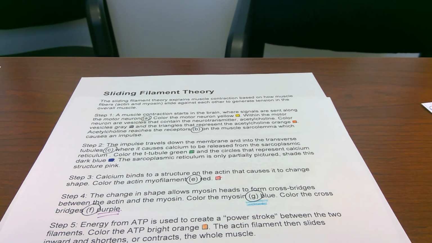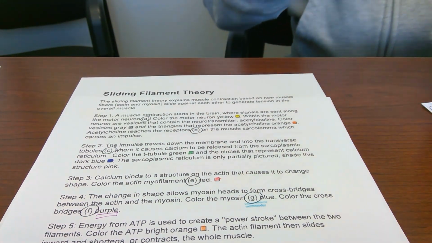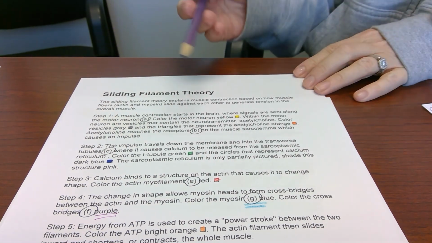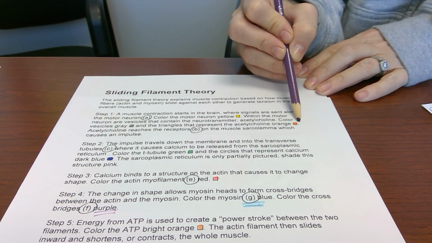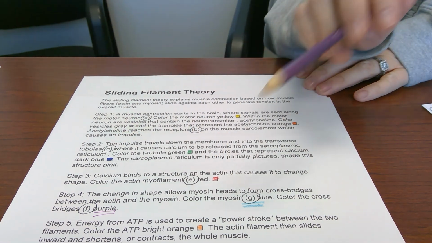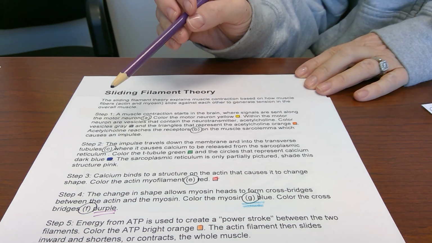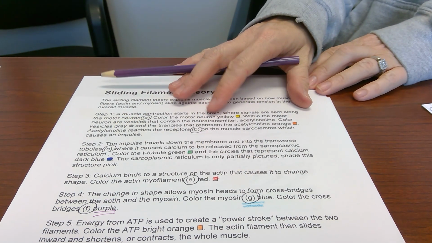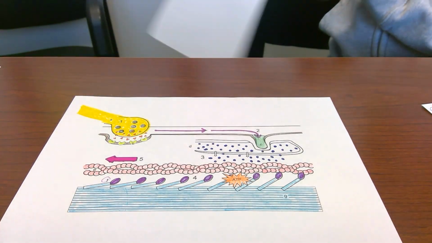So this is the 4th and 5th page in the document that you have. The 4th page has the sliding filament theory or mechanism described in a shorthand version. It goes through and talks about where various things will occur, but it has you coloring different components. I've added color in my little blocks, which correspond to the colors on the picture, and I've circled the important letters that you see on there. I'm going to move this to the side so you can see the picture and how it's been illustrated